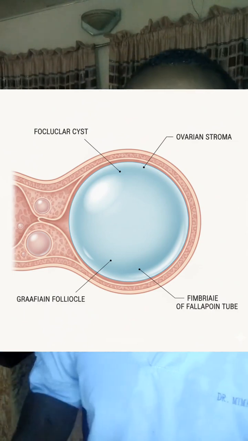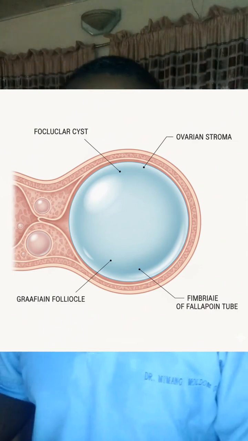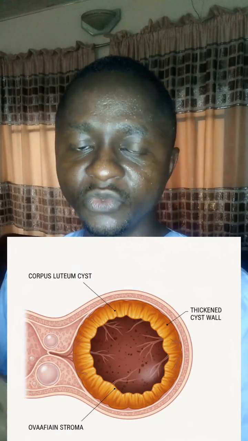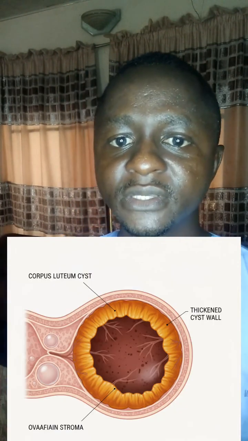So if a woman, for example, has a follicular phase with a very big follicle, but for some reason it did not rupture, it will just continue to grow and grow. That's what we call a follicular cyst. You understand? Then if a woman has a corpus luteum that formed after the egg was released, but for some reason it did not involute, but keeps on secreting and secreting, you find the corpus luteum cyst.